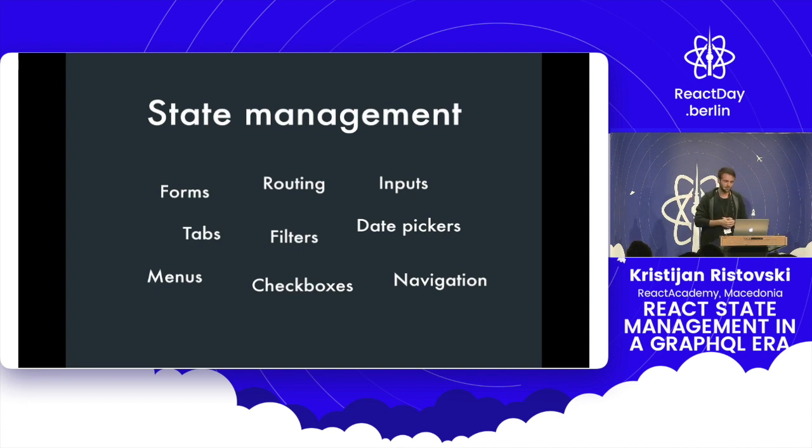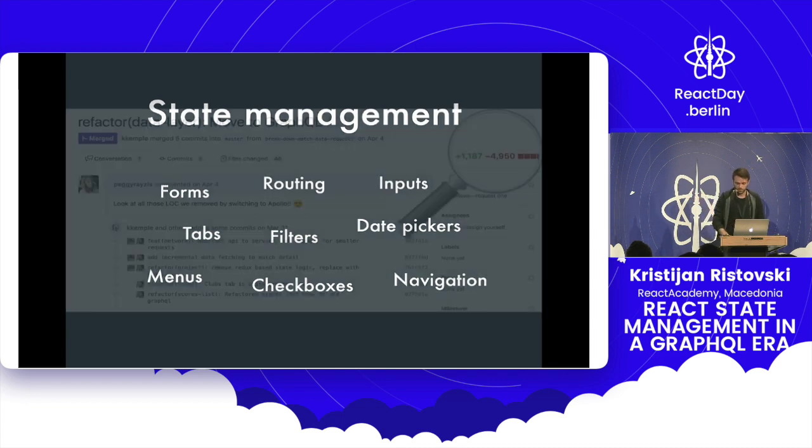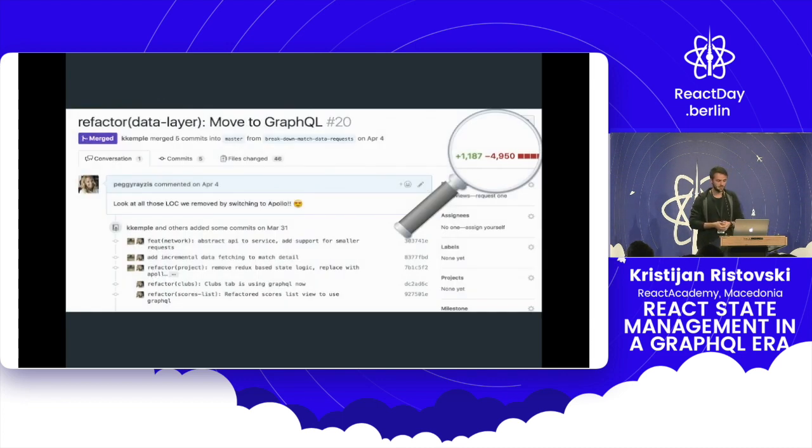We can see multiple solutions for it. First, if you're asking how much that big data part removes from an actual app, I have this good example. A lot of people are using it in their GraphQL slides. It's from Peggy Rays. It's a screenshot of how many lines of Redux code they removed after they moved to Apollo. So it's around 5,000 lines. All of the reducers, actions, action creators, and so on are gone because now they're just defining queries. Of course, they added some code, but they removed a lot of code and a lot of responsibility